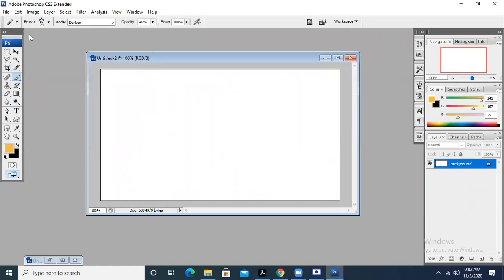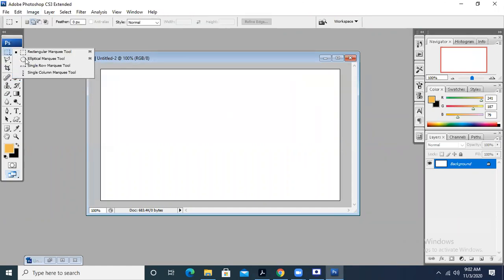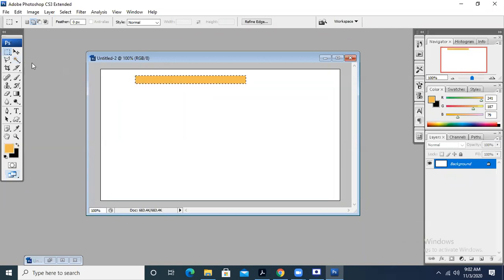By default, Photoshop does not have default templates given for it. What we can do is design our own. Let's suppose I am going to make a border. I can take the rectangular marquee tool and fill it with some color.